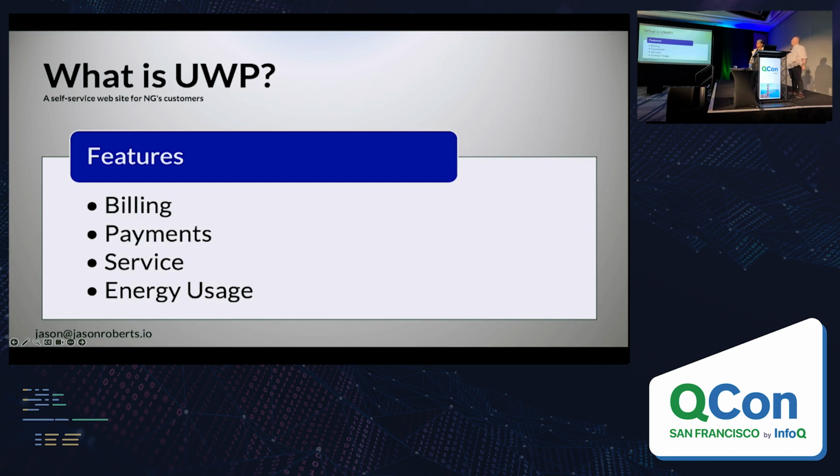This is a self-service website for National Grid customers, and it provides key features for, you can look at your bills, look at what you owe to National Grid, look at how to make payments and maybe pick payment plans when appropriate. You can go about starting a utility service to your place of residence or business, stopping a service, just transferring over when you're moving houses. It also provides you the capability of looking at your energy usage patterns, real-time energy usage, and make decisions about efficiently using energy.